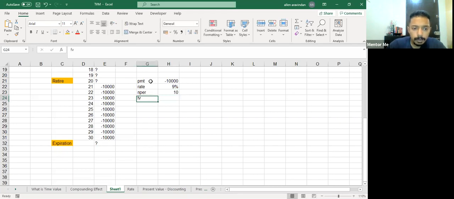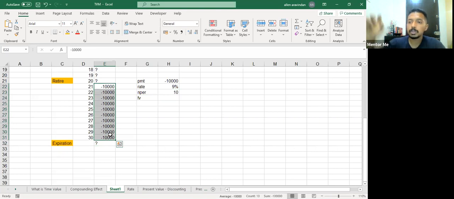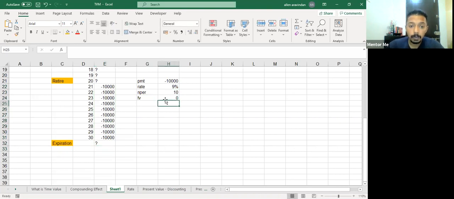Future value doesn't seem to be given here, because he wants to draw out your savings. There's nothing mentioned about whether he wants to keep some money at the end, right? We don't know what he's going to do, so we are assuming that he will fully use the money. So the future value of this portfolio at 30 would actually become zero, because that is what the question says.